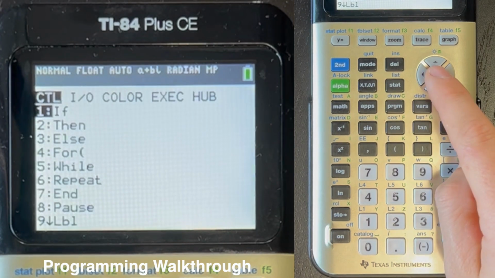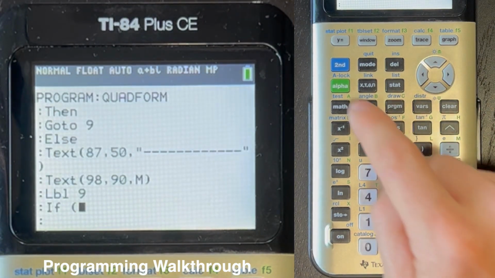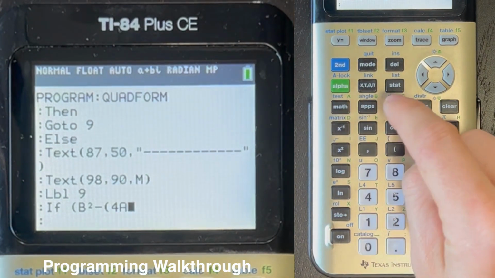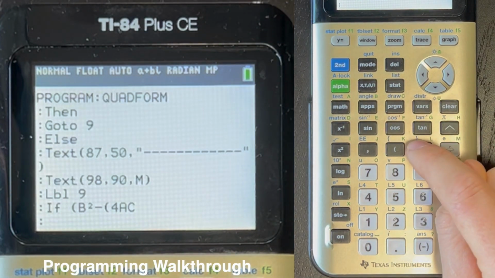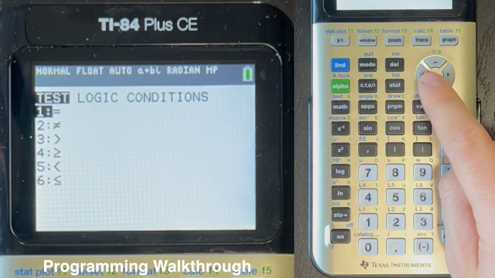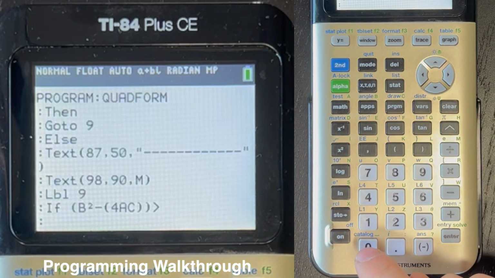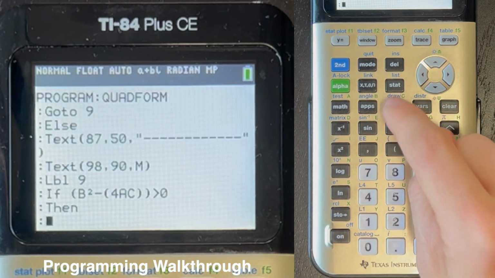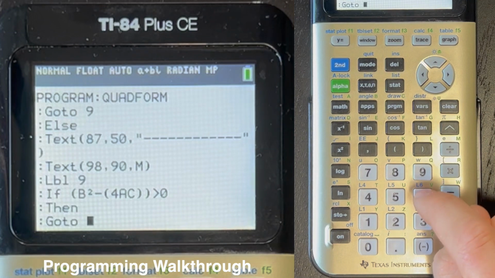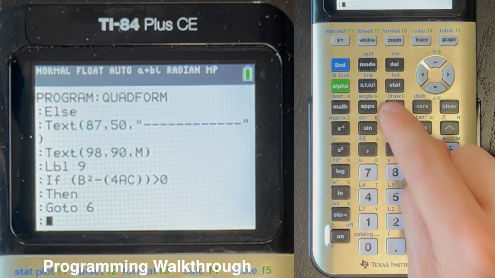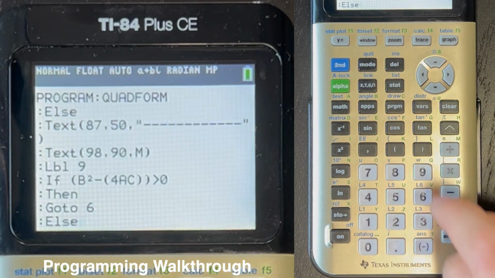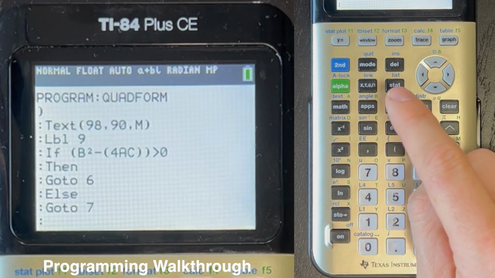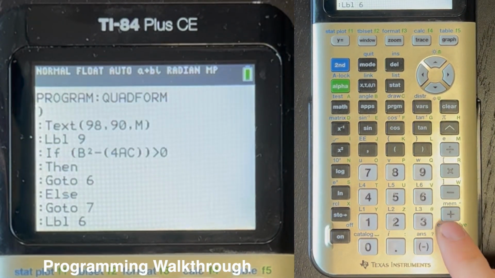enter program if alpha B squared minus 4AC close parentheses is greater than 0, enter program, then enter program 0 for go to 6, enter program, else, enter program 0 for go to 7, enter program label 6, enter